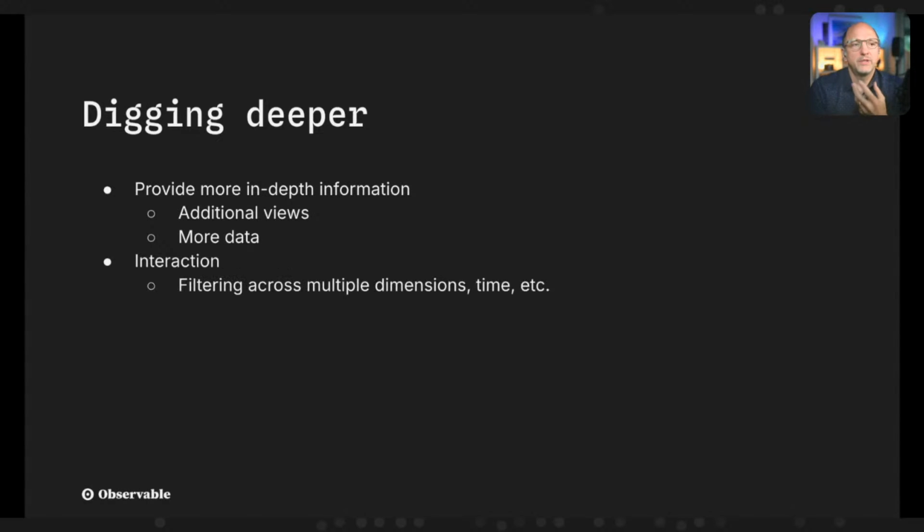And this is also where you want to add interaction. So when I'm going into the details, now I'm starting to filter. I'm going to look at different data dimensions. I'm going to look at different time periods, this month versus last month, or year over year, things like that. And then also, because we have interaction, we want to coordinate between different views so that they all do the same thing. They all show you the same